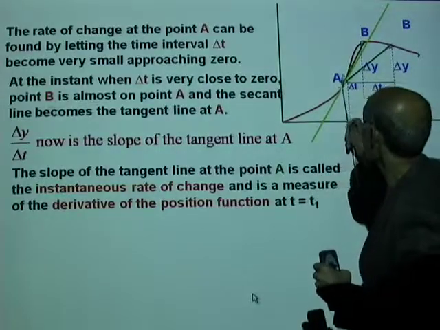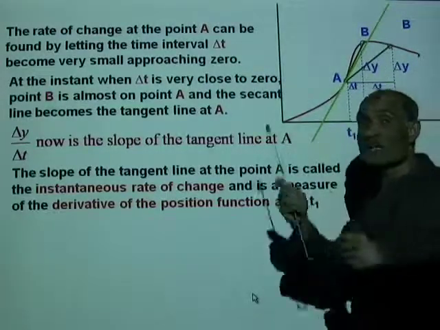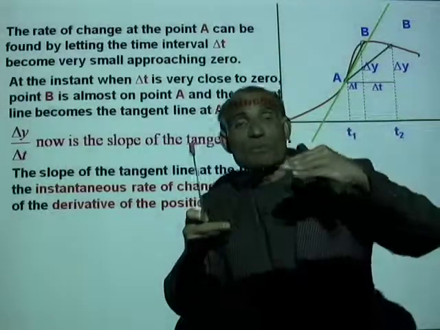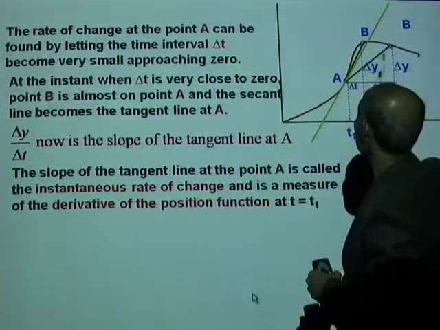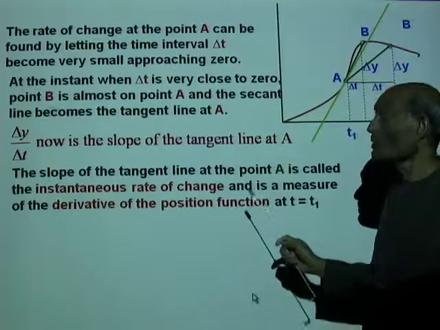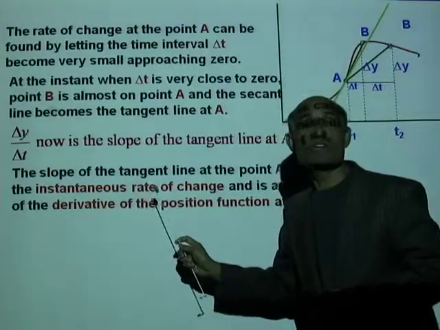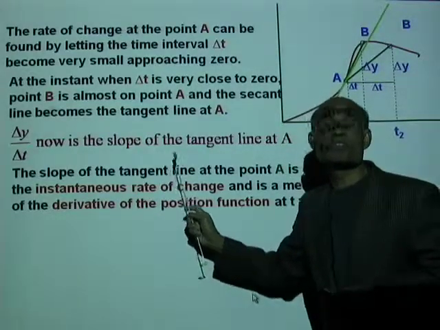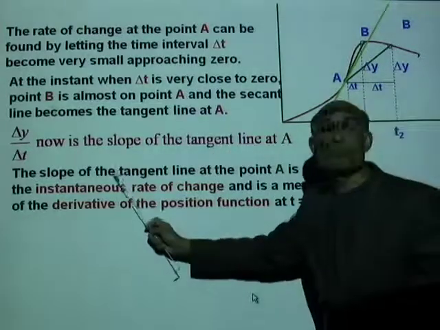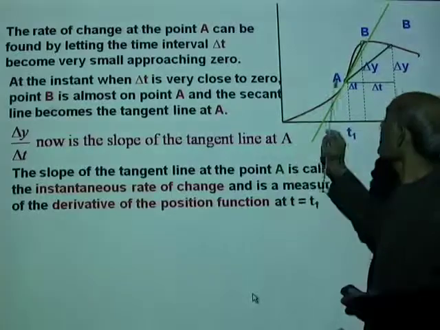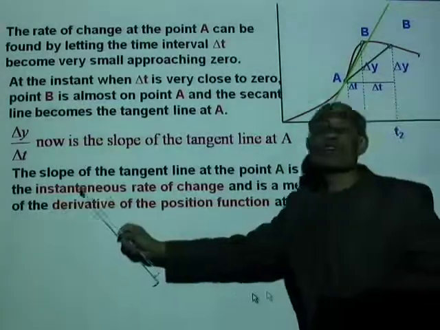And that's the meaning of a positive slope. At B, with time, the position is decreasing, and you've got a negative slope there. So, again, what is the definition of derivative for a function like this? The slope of the tangent line at the point A is called the instant